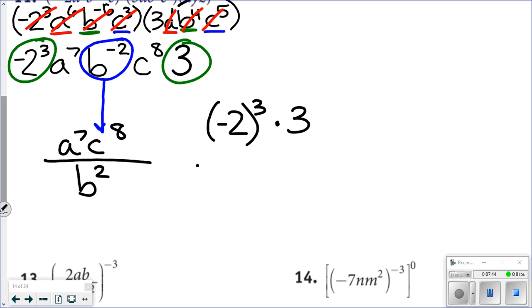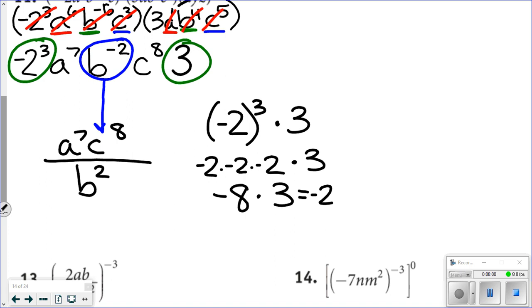Negative 2 cubed is negative 2 times negative 2 times negative 2, and I know that that's negative 8. And I'm multiplying that by 3. Negative 8 times 3 is negative 24. And I'm going to put that out in front of my a to the 7th power, c to the 8th